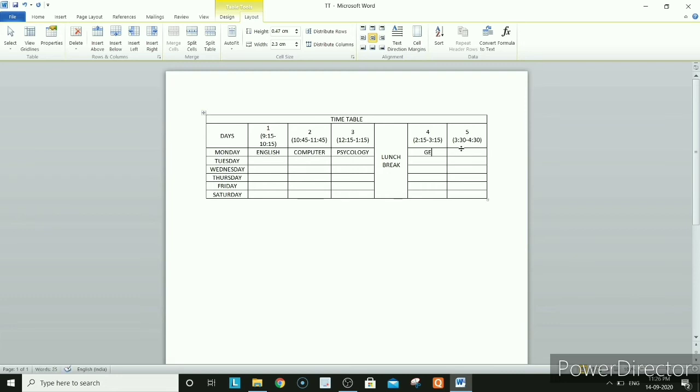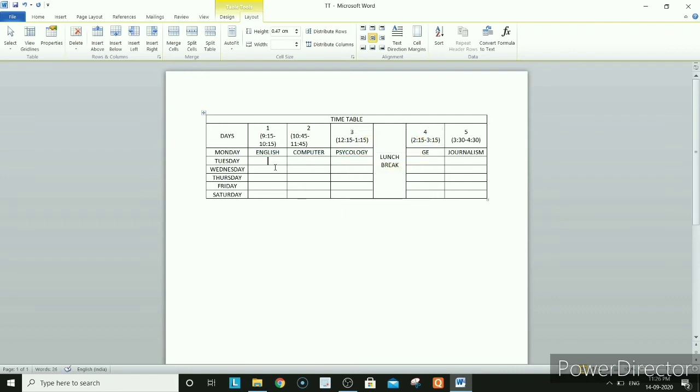And last hour for you psychology and journalism. So here it will come LIS, journalism. Okay, so automatically only the size will vary. Like this you have to fill all the data.